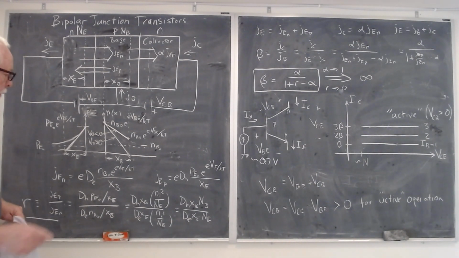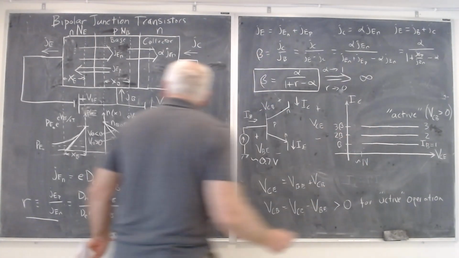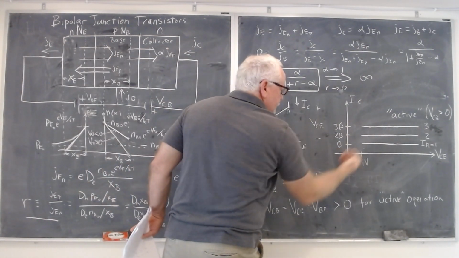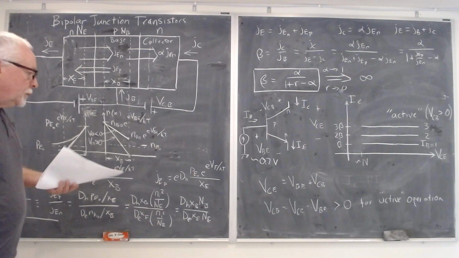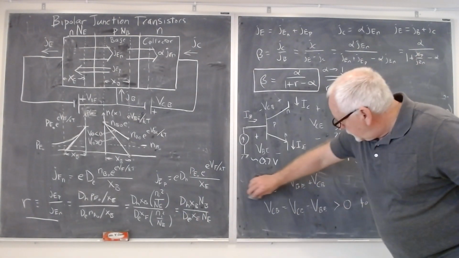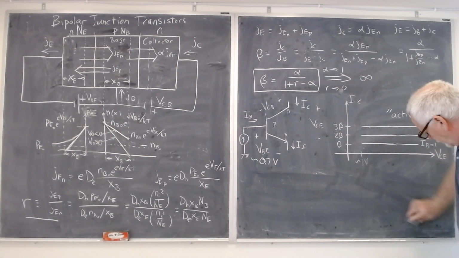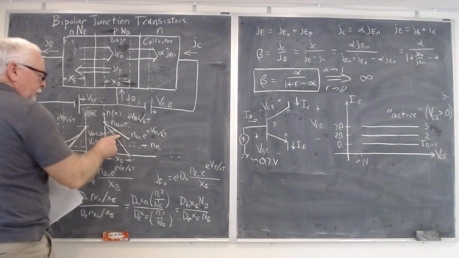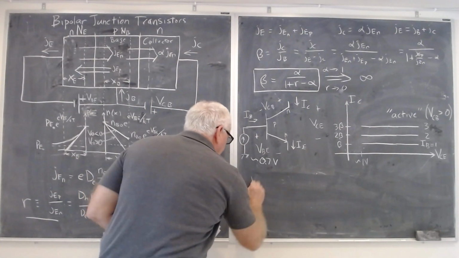So this is the active region over here, and then this is what happens when you start to get close to small collector emitter voltages. All right, so you know what to do now, because all you have to do is use this straight line to calculate JEN. So JEN now